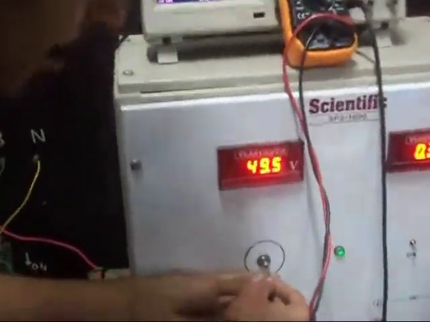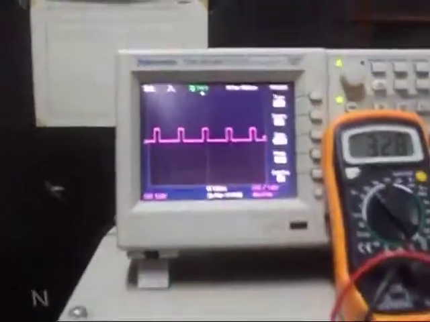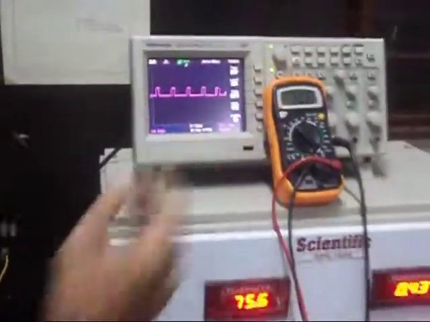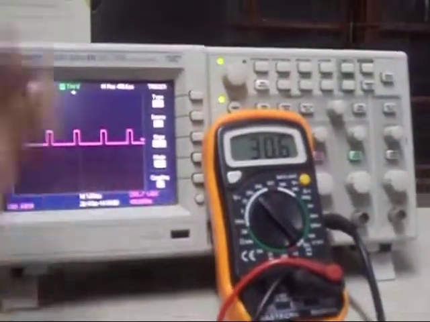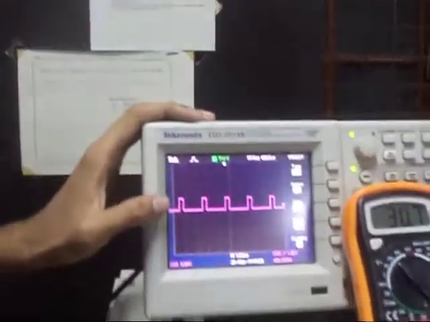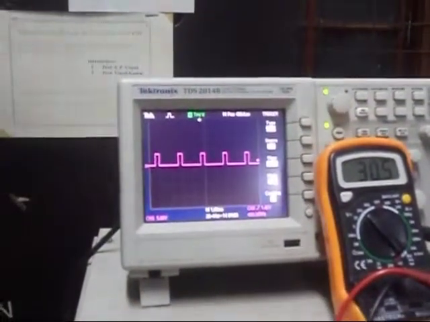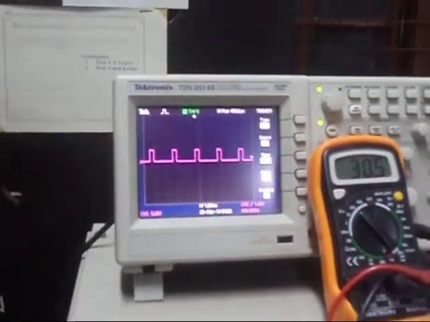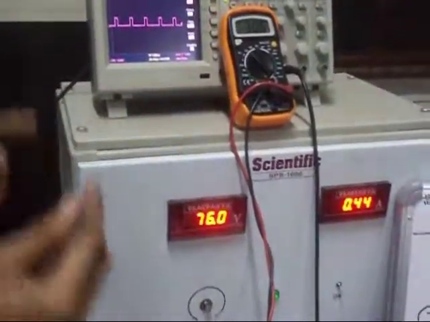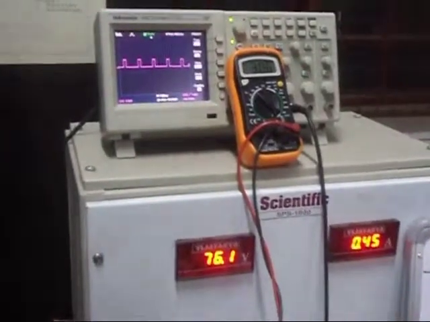I am increasing the input voltage. Now you can see that we have taken it as high as 75 volt, approximately 76 volt. Still you can see that it has quickly come back without a lag to the constant value set, that is 30 volt. Now the interesting thing here is the pulse width. Compared to the initial value, the pulse width has reduced. As is obvious from the circuit, for higher input voltage we require lesser pulse width, and for lower input voltage we require broader. And we can see it in a continuous form here.